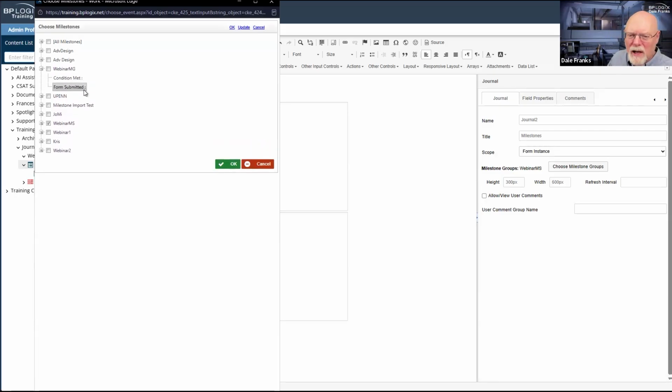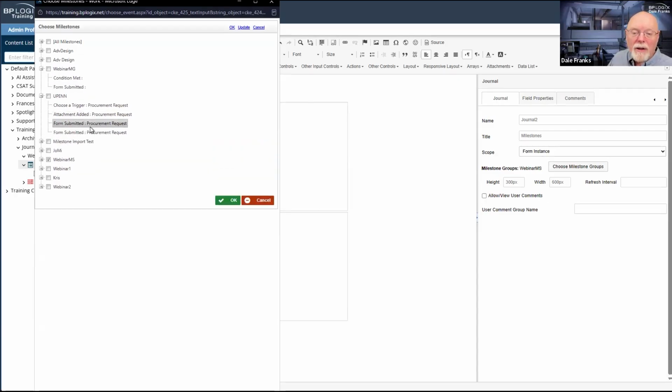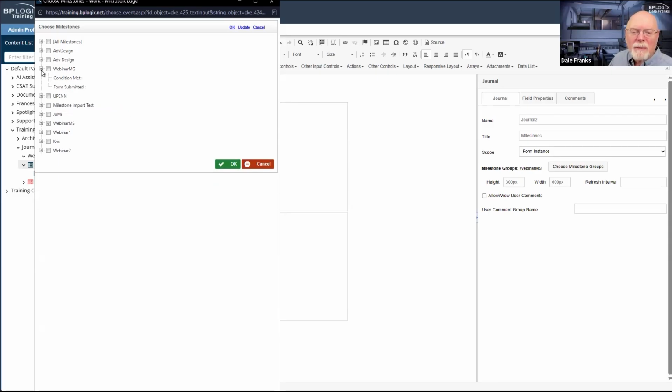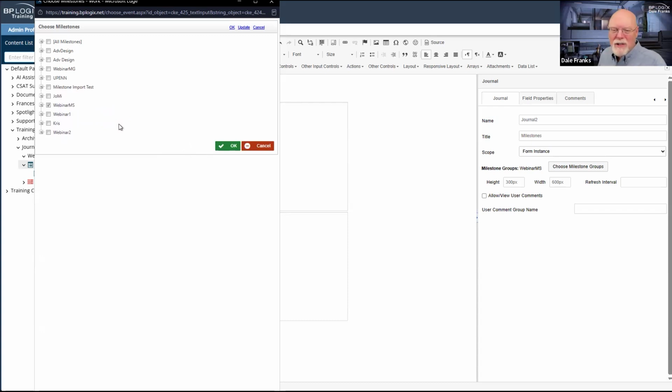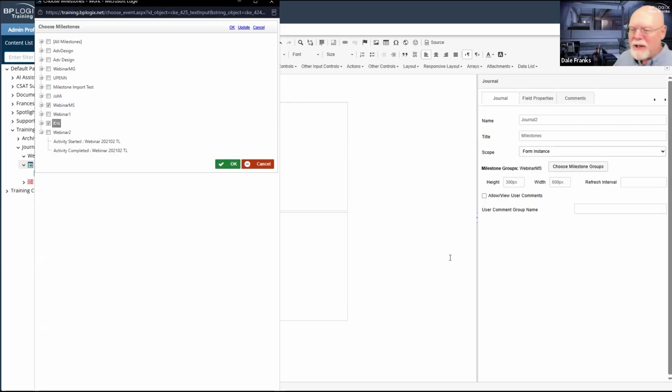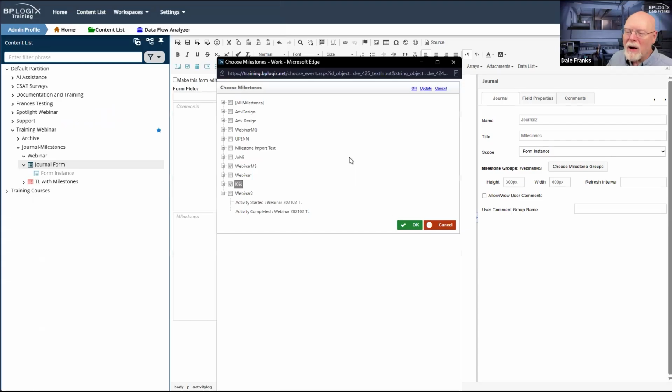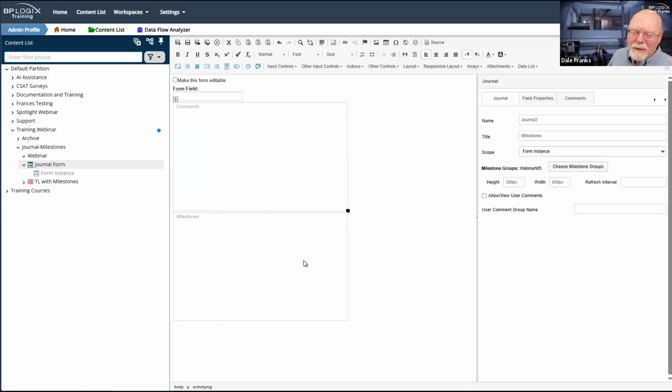Now, I don't know if this is a cache deal, because both of the milestones are actually gone. I mean, they're not there. But they're still showing up as blanks. So it's one of those deals where what you are effectively doing whenever you go in and create a milestone group is you are creating a new database entry that uses that new milestone group for generating the choose milestones dialog box.